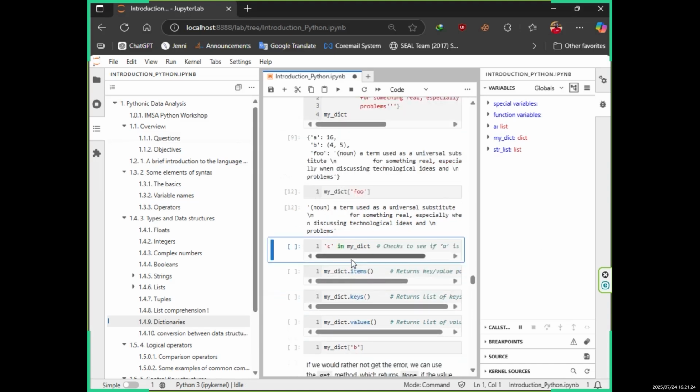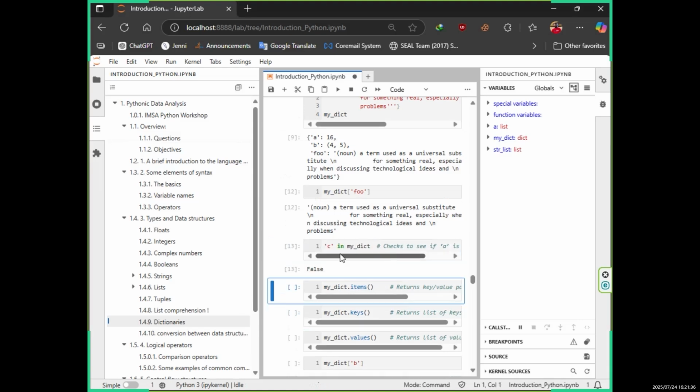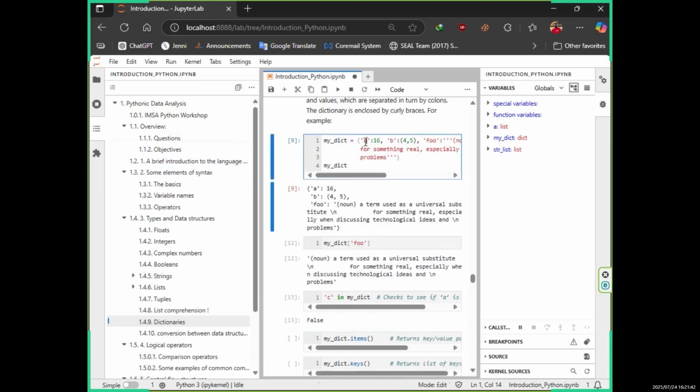So now if I type C in my dict, what will happen? If I type C in here, it's showing false. Why? Because I didn't assign C in here. I said A, B, then who? No C. Instead of checking whether the index is there,